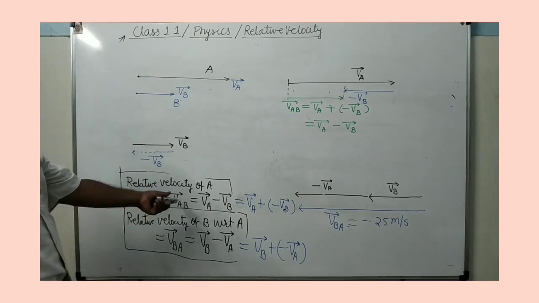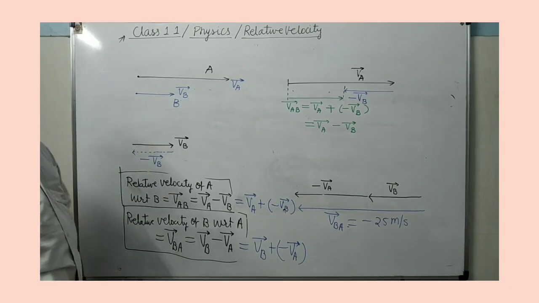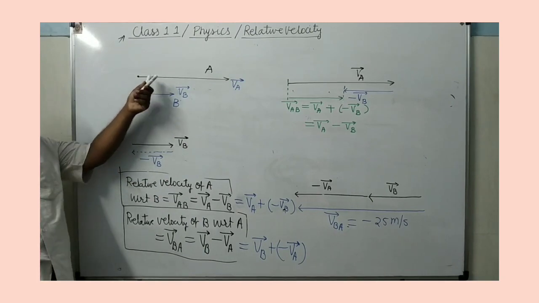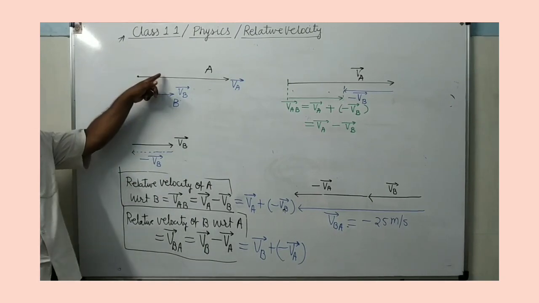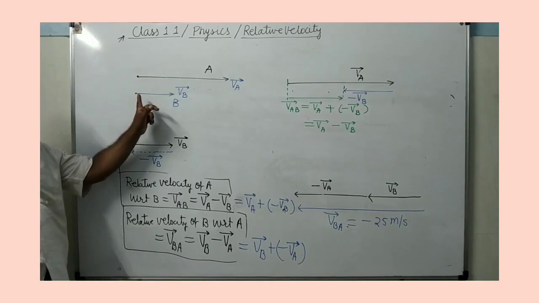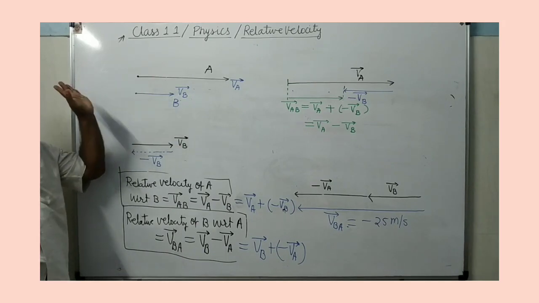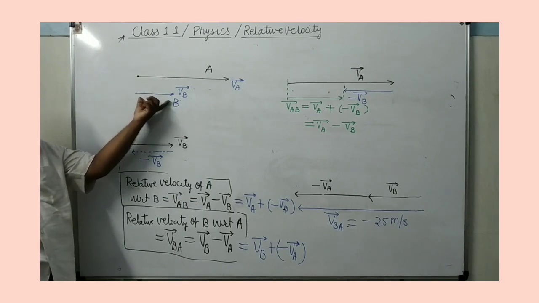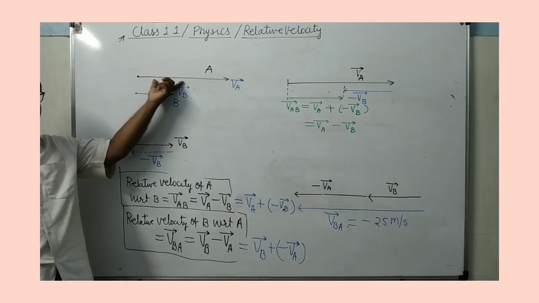So the same thing you have got here. How will you find out its velocity? When its velocity is 0. Relative velocity of A with respect to B means velocity of A when B is at rest. Velocity of A when B is at rest. How will you bring B at rest? By adding its negative velocity vector here. So you will add the same thing here also.